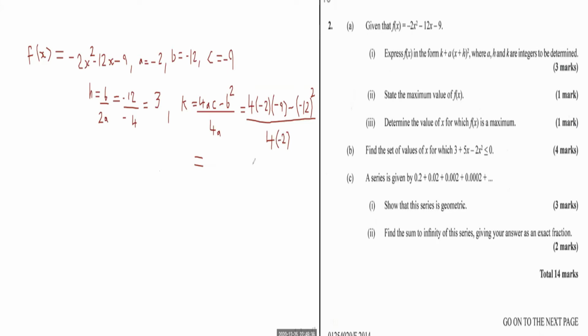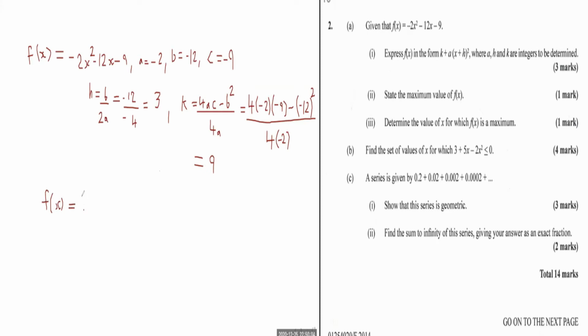It should be negative 2, is negative 2, so this is positive 9. I'm getting positive 9 for K. So let's check it again. 4 times negative 2 times negative 9 minus negative 12 squared divided by 4 times negative 2, positive 9. Yes. And so in this case, they want us to write it in the form f of x is equal to